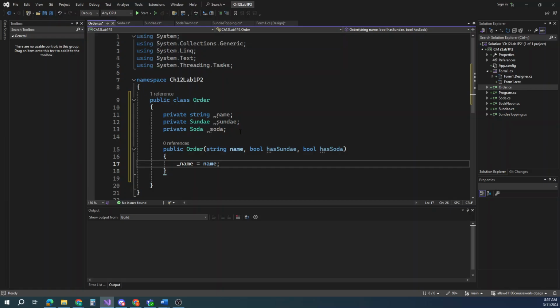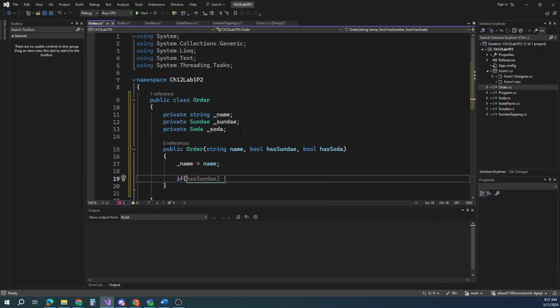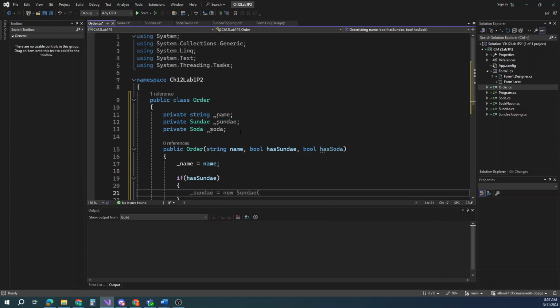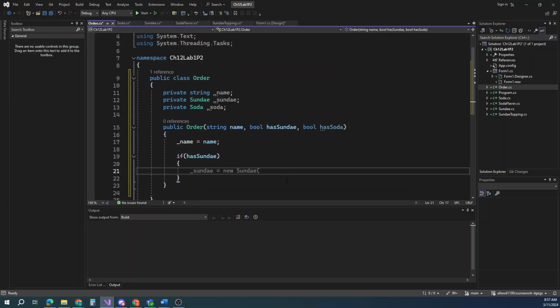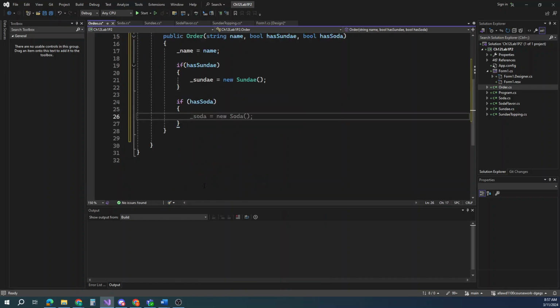And of course, name is name. And then we're going to do an if statement in here and say if has Sundae, assign Sundae's instance field with the new Sundae constructor. And then another if statement. We'll say if has soda, set the soda value to the object. And then we have